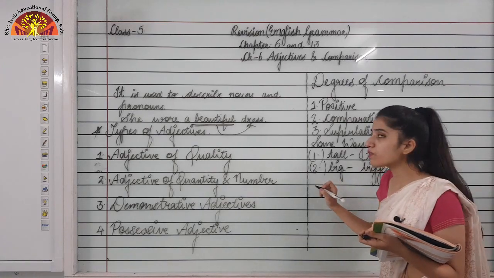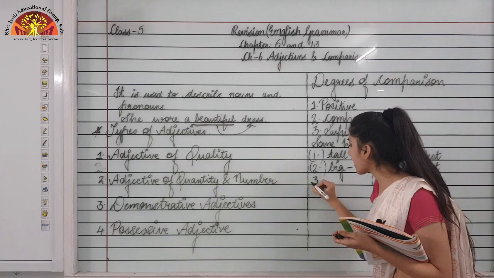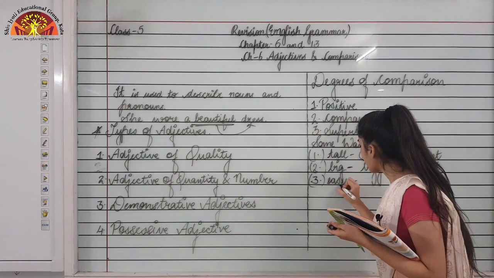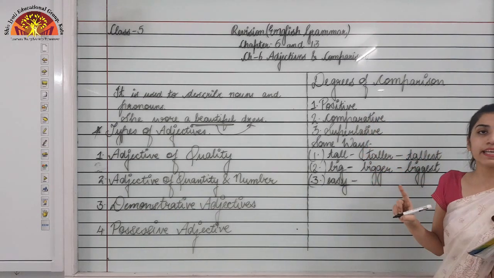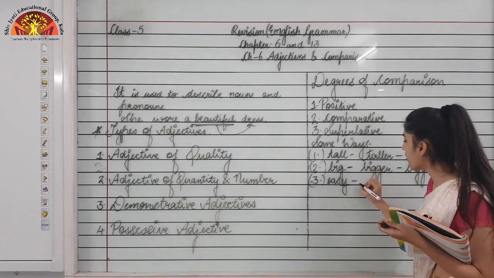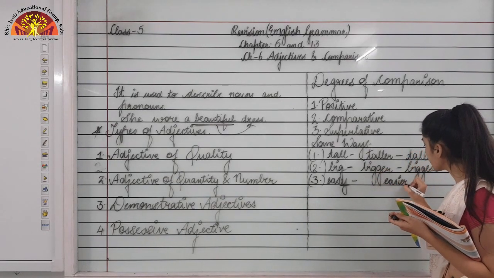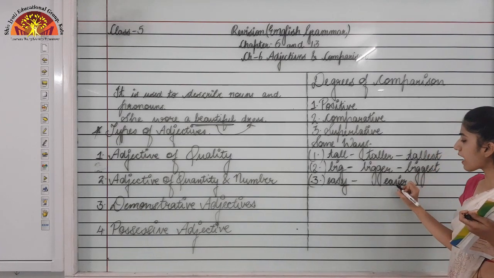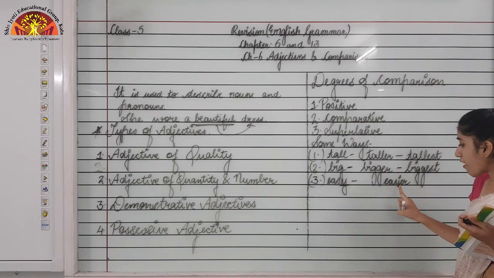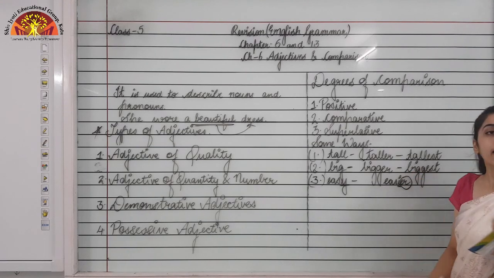So what we will do is first replace Y with I. For example, the word given to us is easy. Easy is ending with Y. What we have to do is replace Y with I. What will it become? Easier. What did I add after S? I added I, and after that I added ER, right? After that you can see ER.